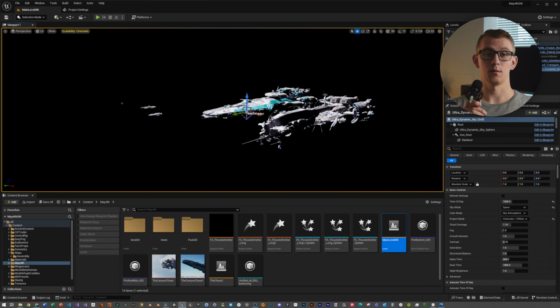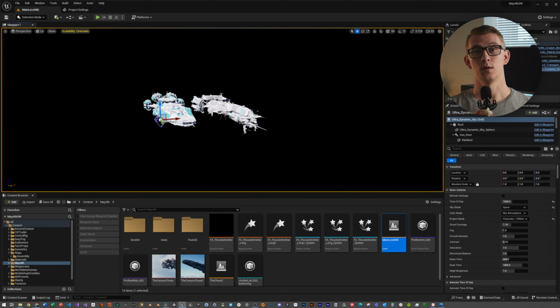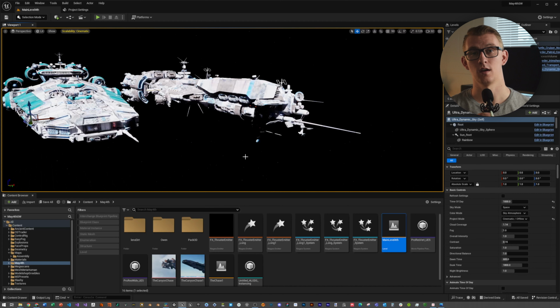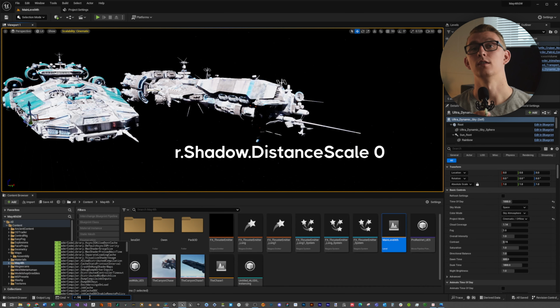So today we're going to be covering how to fix this with a console variable. I did some digging and found one in the documentation that fixed most of my problems. To get started, we're just going to hop into Unreal with this scene like this. And then in the bottom left corner, you can see that there is a console variable text box where you'll just type in this one listed here on the screen that reads